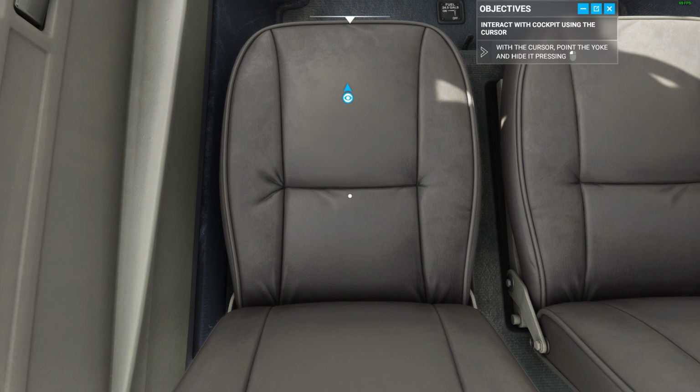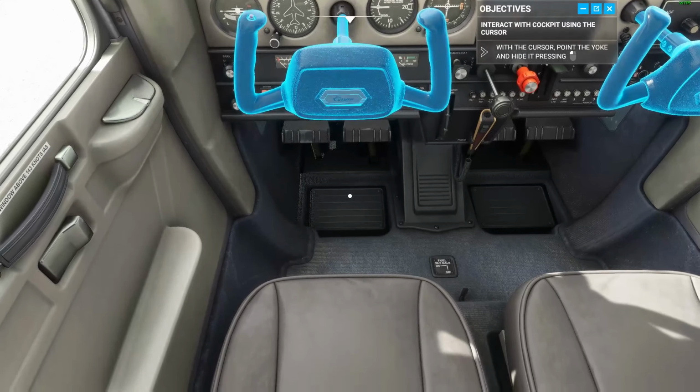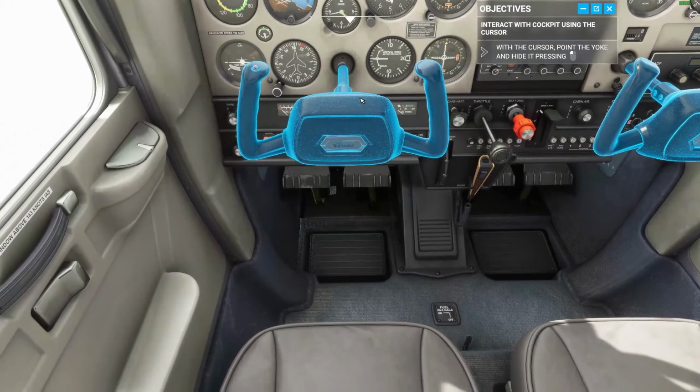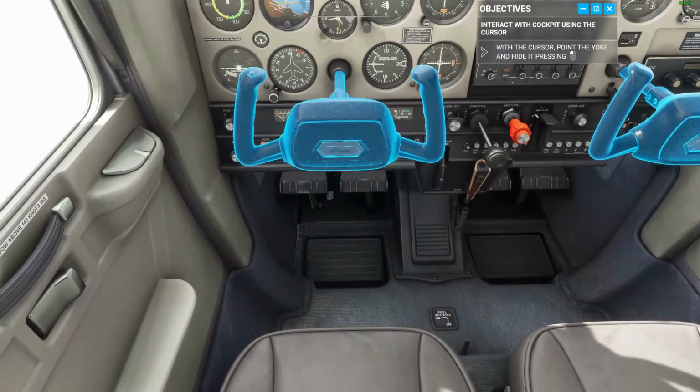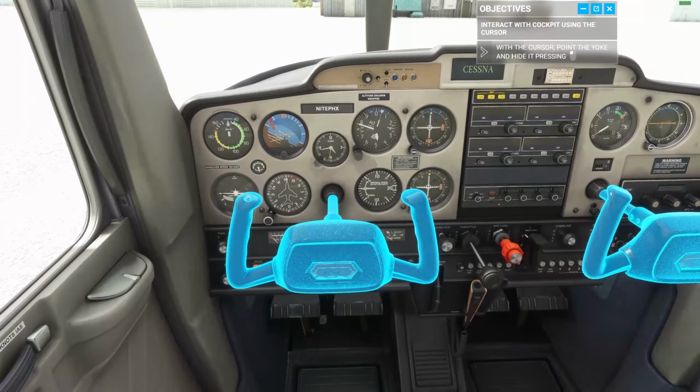Okay, I'm going to hide the yoke with the cursor. Point the yoke, and hide it, pressing. I wonder why it's going down like that all by itself. Appears to be something wrong here. Let's give the old joystick or the controller a good